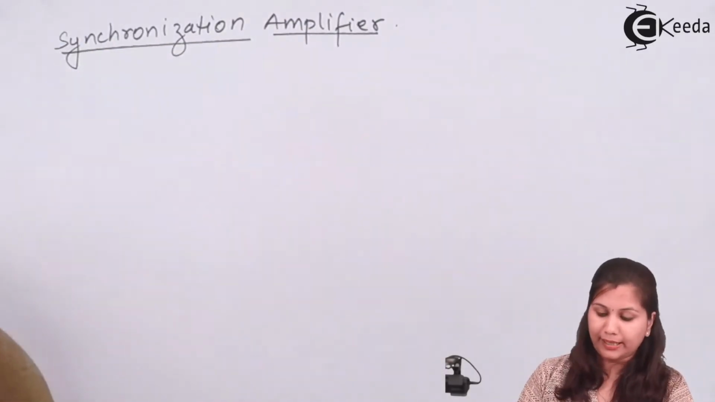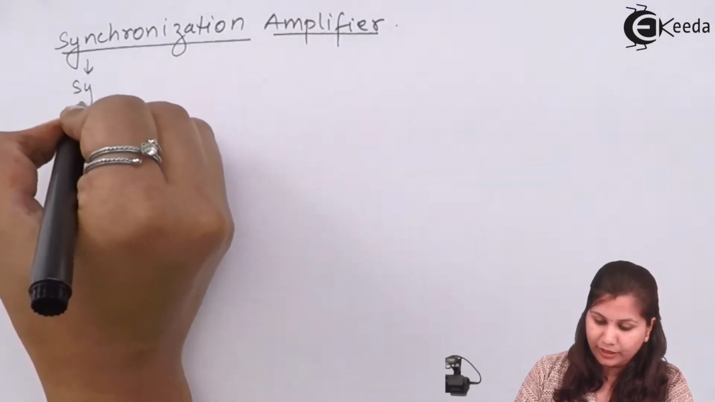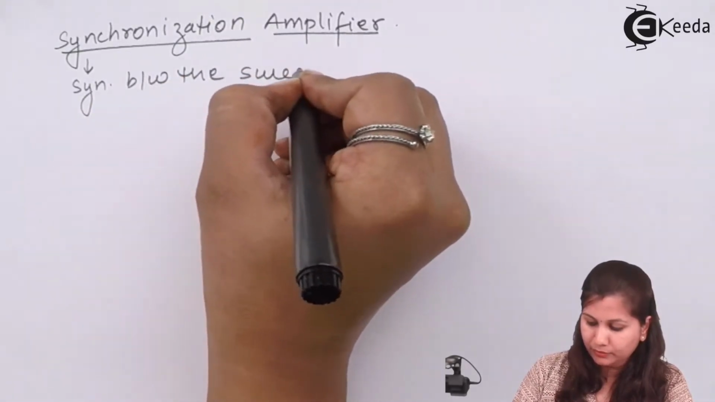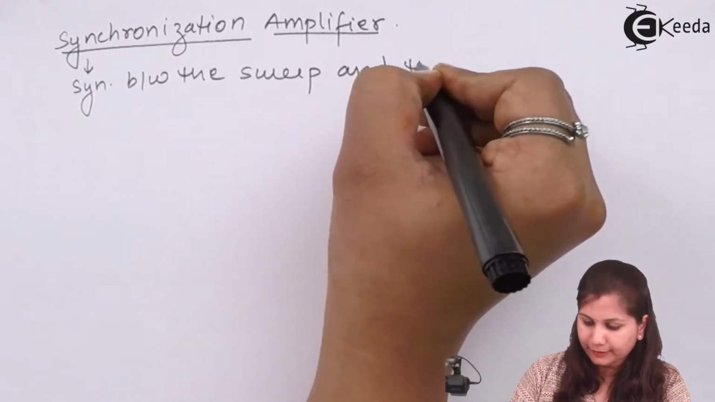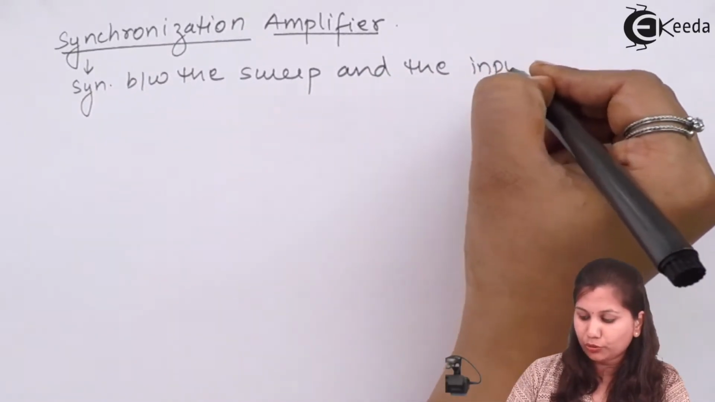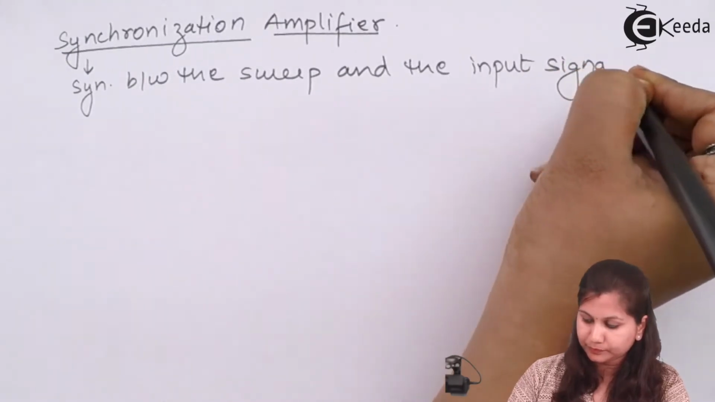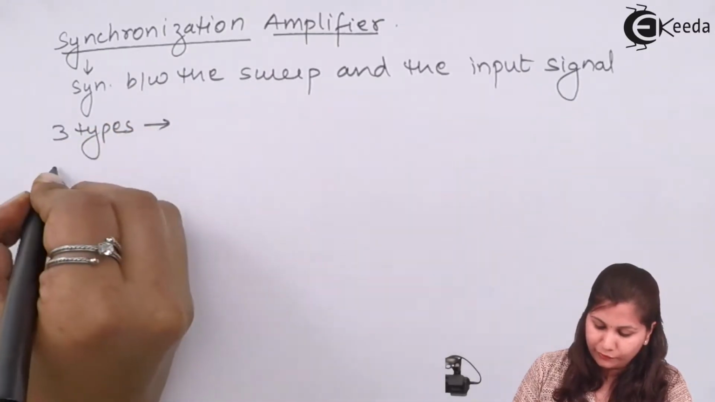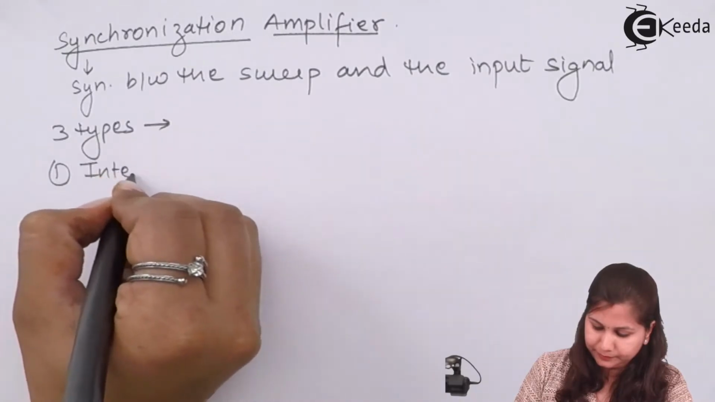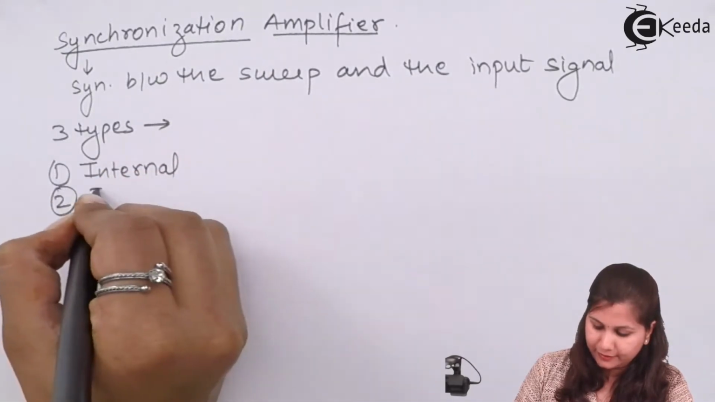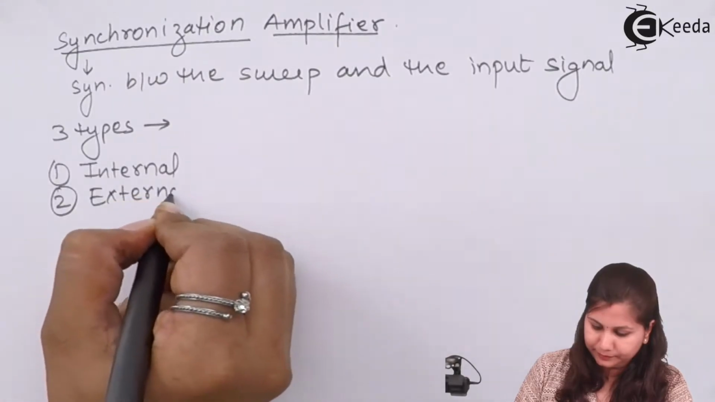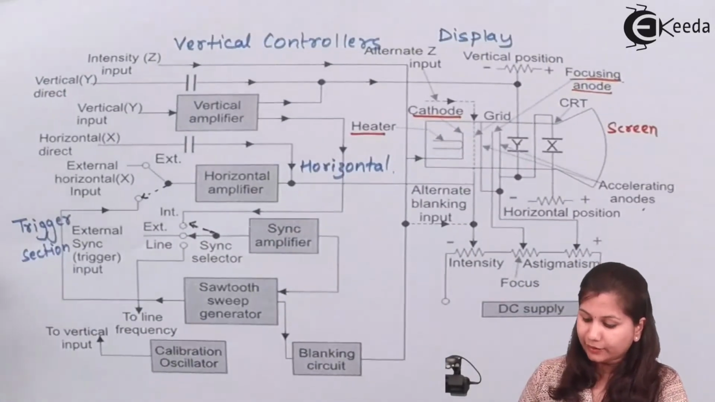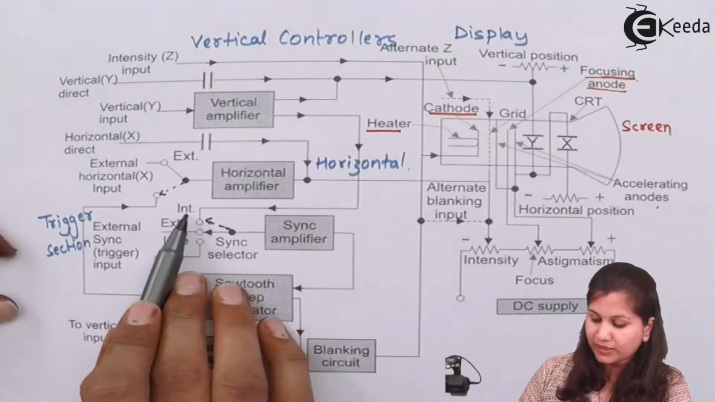And this synchronization amplifier provides the synchronization between the sweep and the input signal which we want to measure. Now there are three types of synchronization. First is the internal, second is external, and third is line. Now in the internal synchronization, you can see when this sync selector switch is at internal position,